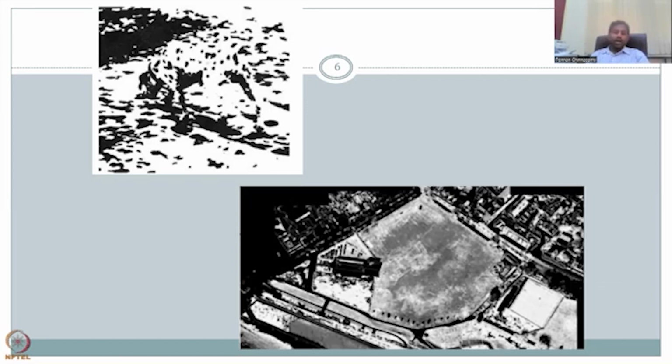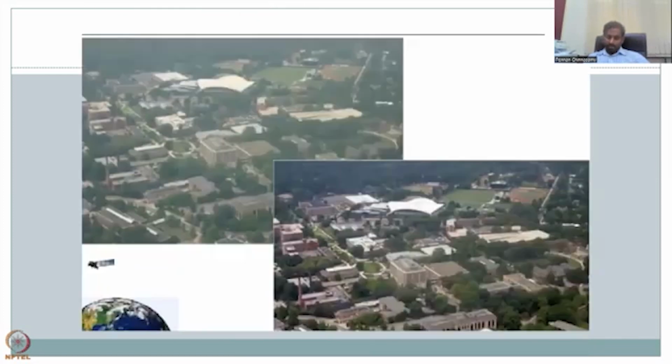The bottom one has a playing field. It also has a contrast issue and a brightness issue on the borders. You can see that in these parts the image is not as good, whereas in the central region it is good. So it is very important to make sure that you have taken an image with good contrast and brightness. This is the